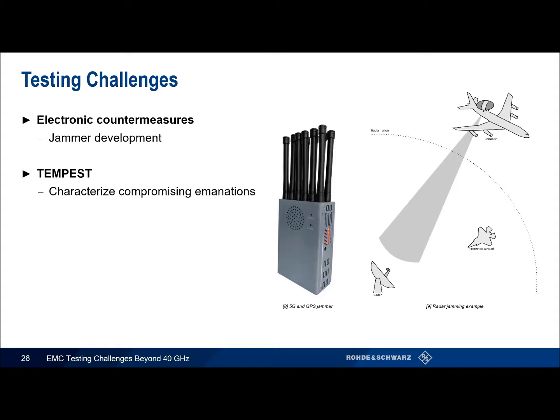And last but not least, I put TEMPEST here. We just talked about it in the last section, characterizing those compromising emanations. Why this is interesting to those guys is, okay, I found a signal, just like I would in classic EMC emissions cases. I'm going to do something with that signal. I might raster it, or I might audio demodulate it and listen to something. But if I really want to get interesting with it, I could record its baseband IQ, and I could replay it back